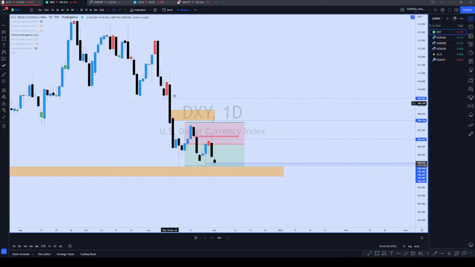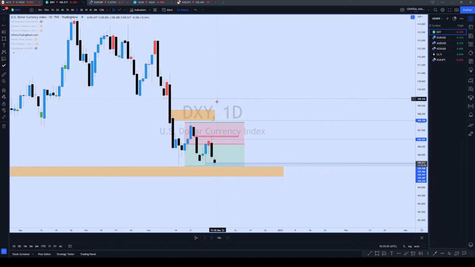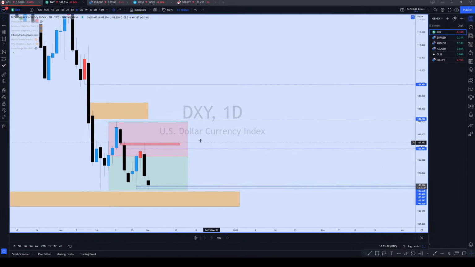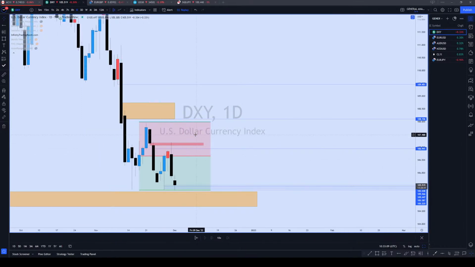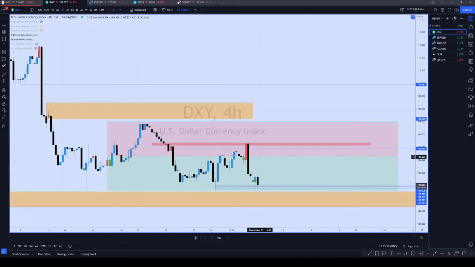So let me actually get rid of this. Actually, I'll keep it on there, and I'm gonna key off from the forecast that I did on Sunday. If you watch the forecast, I did say I wanted to see the dollar index go down, but I would want to see it trade up to the H4 level that I pointed to here. And then once I see price trade to that level,